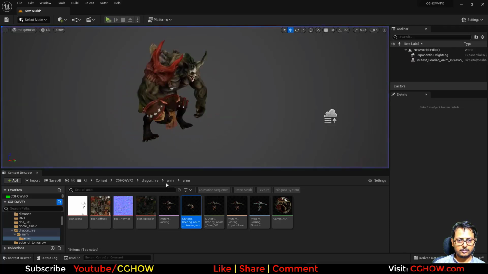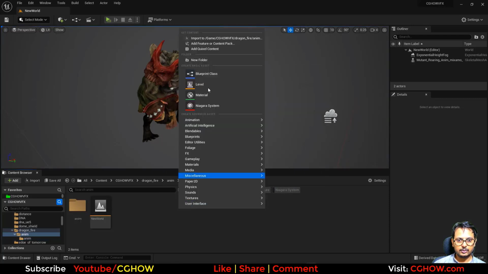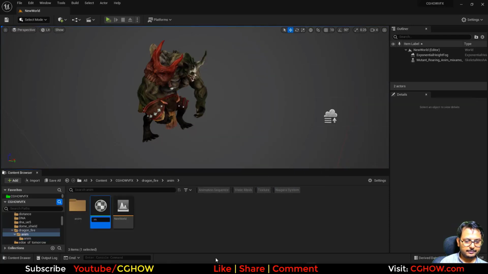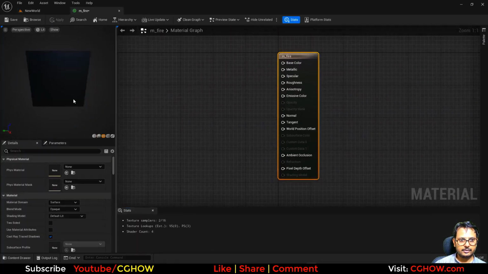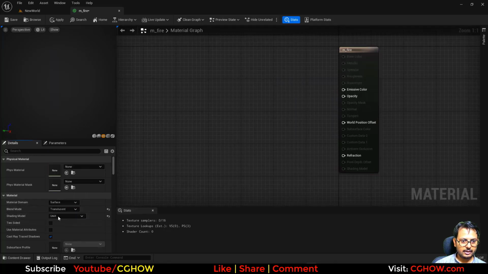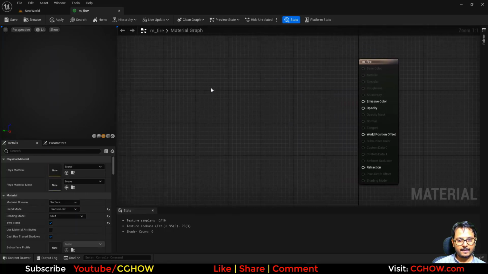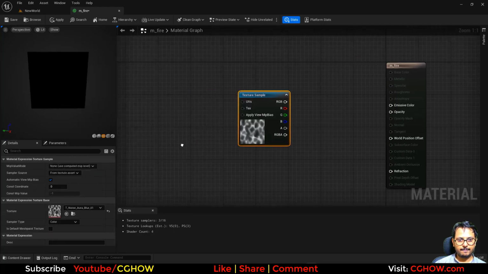cool. So now I'll need to make stylized fire for that. So material and fire, and in this one I'll take translucent, unlit, two-sided, my favorite texture, aura. Then I'll take